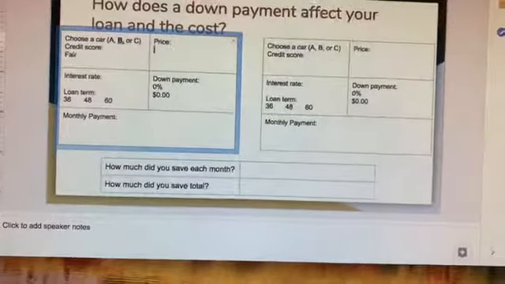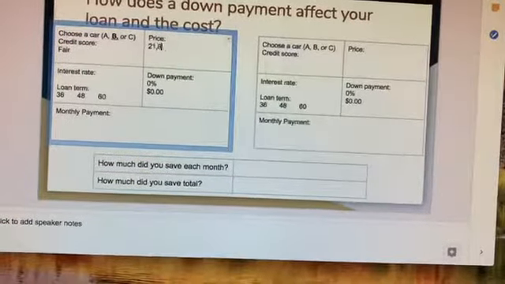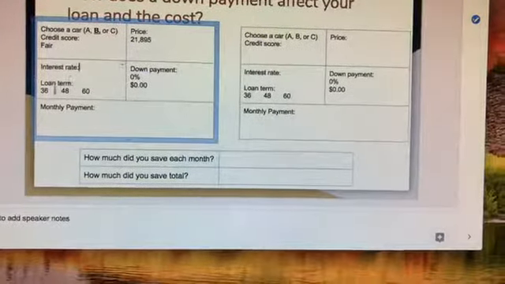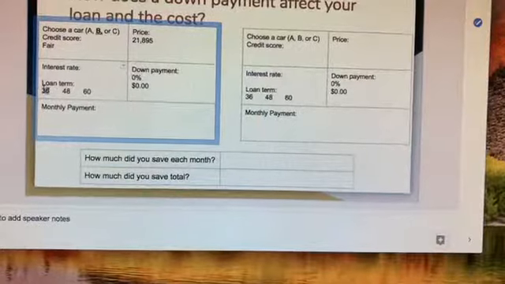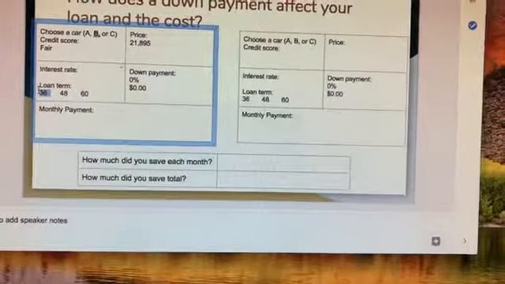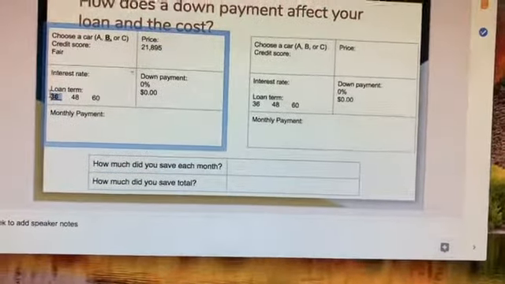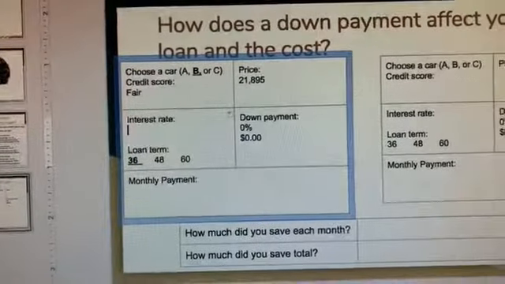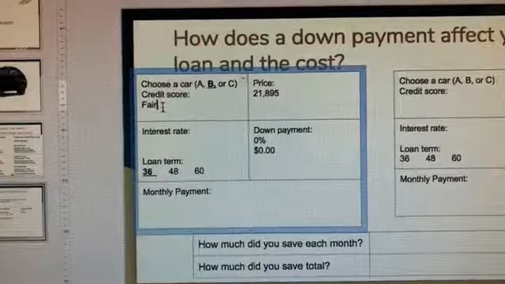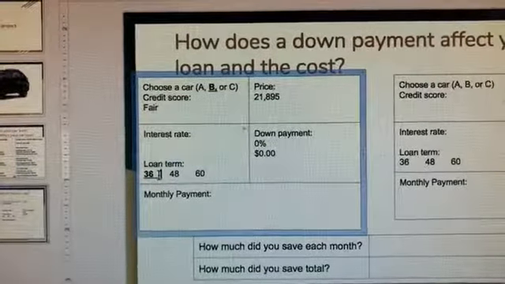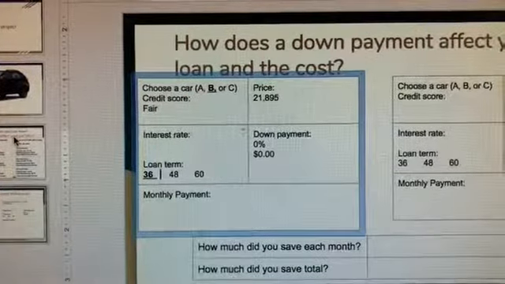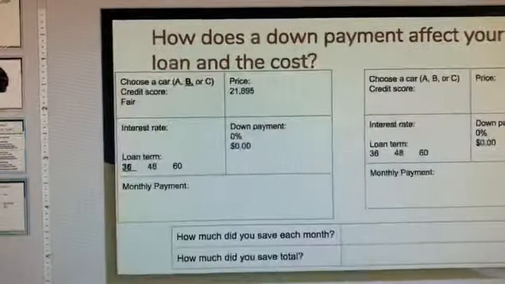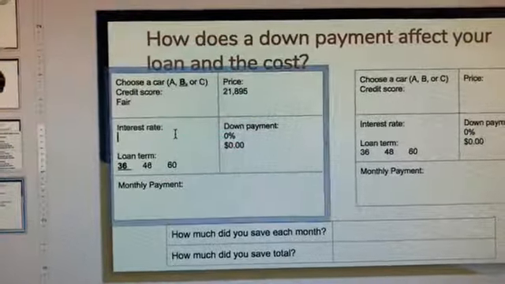And I know the price of my car is still $21,895. And before I fill in the interest rate, I have to choose the loan term. I'm going to start with the 36 loan term, so you can once again circle that. I'm going to bold it and underline it. And now I need to figure out, if I had a fair credit score for a 36-month loan, my interest rate was 7.7. So I'm going to fill that back in over here at